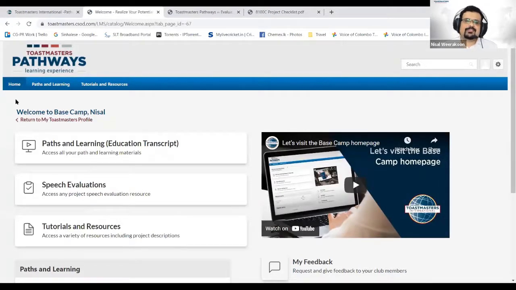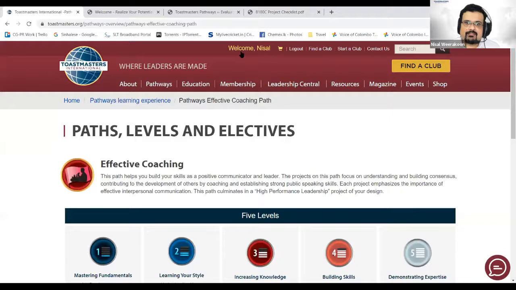Okay, since there are no questions, for the people who have not picked their path, I humbly request you to go today itself and pick your path. If you are wondering how to do that, let me quickly show that to you as well before I finish. What you need to do is log into your profile, and there will be a section on the top saying welcome, your name. Just click on that,